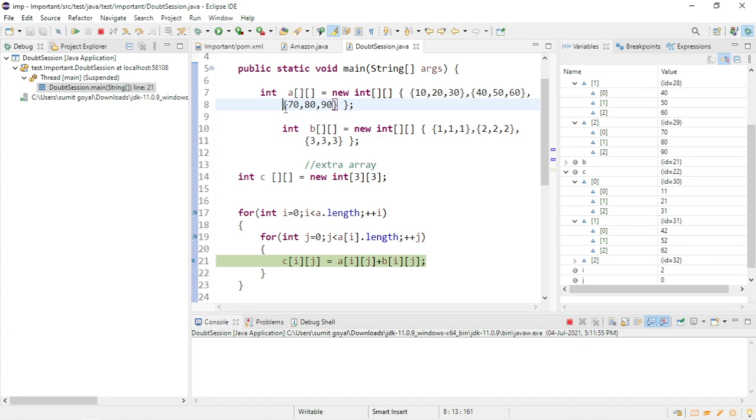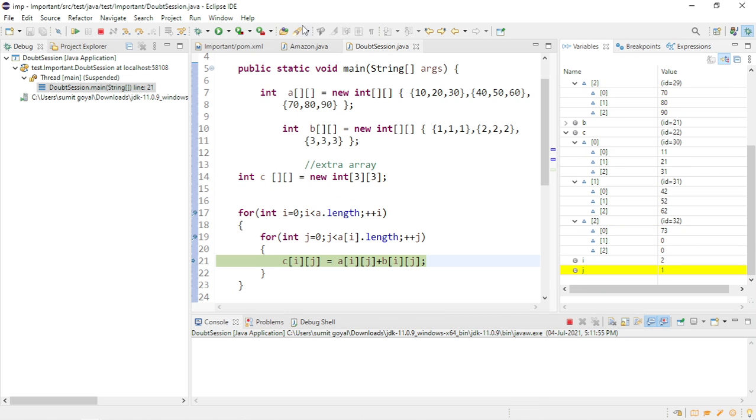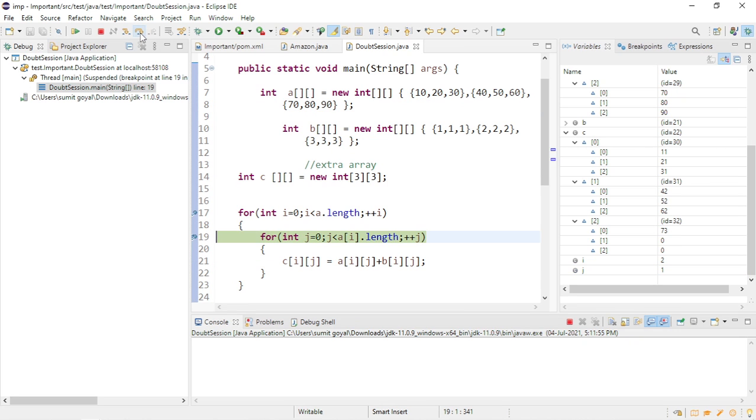So if I add 70 plus 3, it is 73 for the first time. So if I open this, 73 came. Similarly 83 will come. It is 2 1. So now it is 83, and for the last time it will be 90 plus 3. So it is nothing but 93.